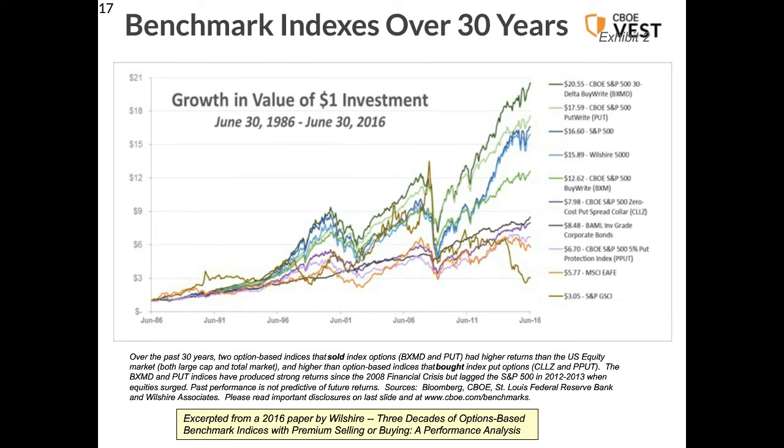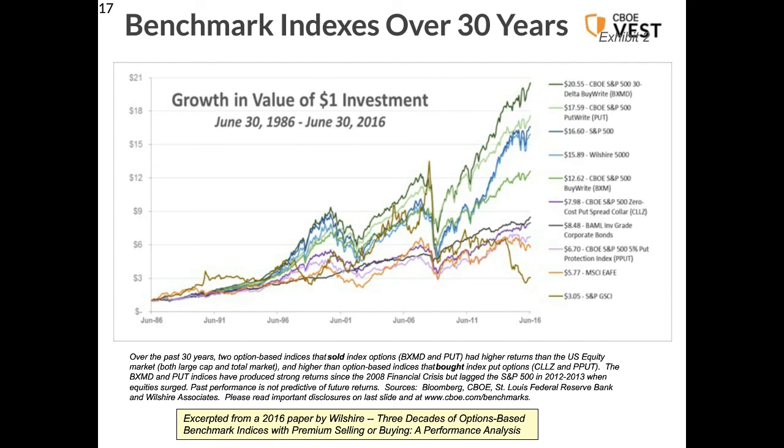This is a little hard to discern, but you can see that over a 30-year period, with the S&P 500 being the blue line, it does turn out that a couple of these option strategies, specifically the PUT and the BXM index that sells out of the money options, do end up having a higher endpoint return. We'll look at annualized returns in a minute. Some of the other strategies have lower returns, but also, of course, they may have lower risk as well.